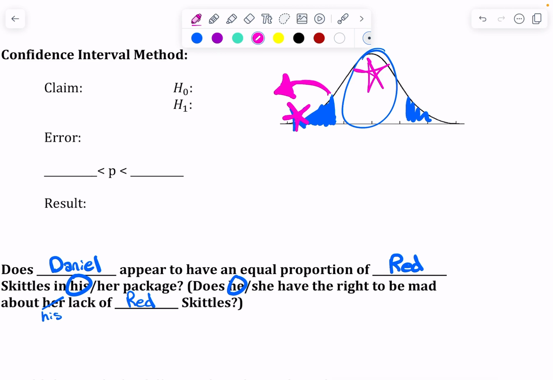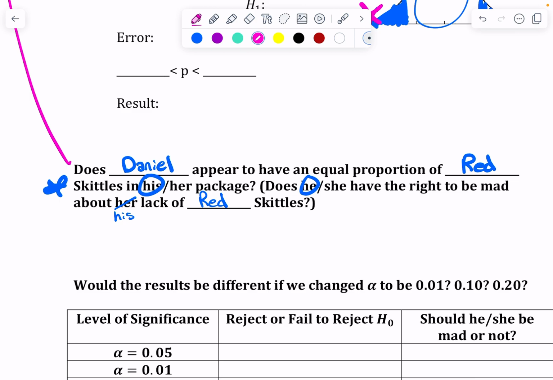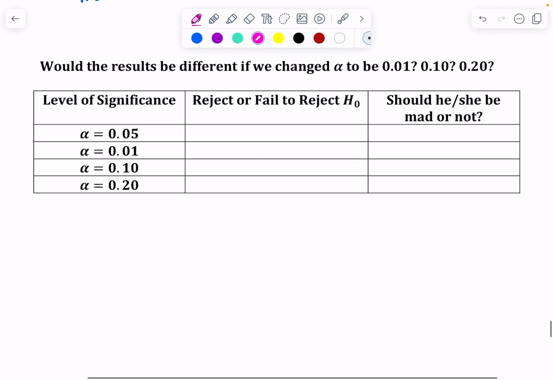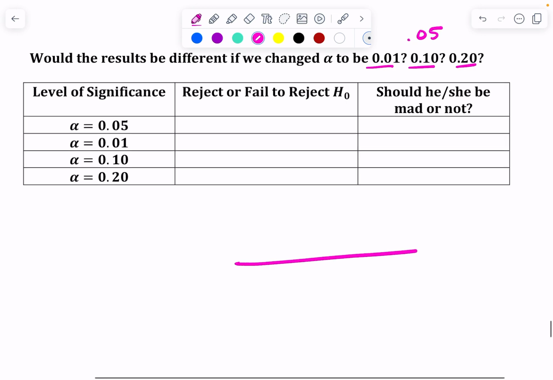So you're just going to answer that question. And then down here is a little bit of a thought process on would the results be different if we changed to one of those significance levels instead of using 0.05. So for our bell curve, you don't have to redo the whole thing, but